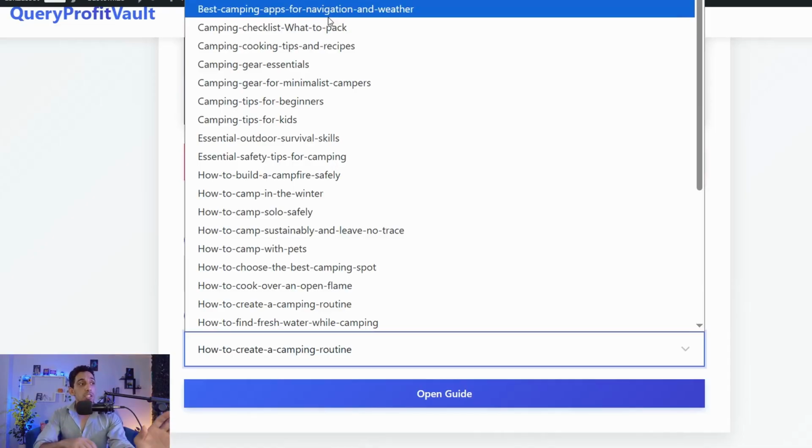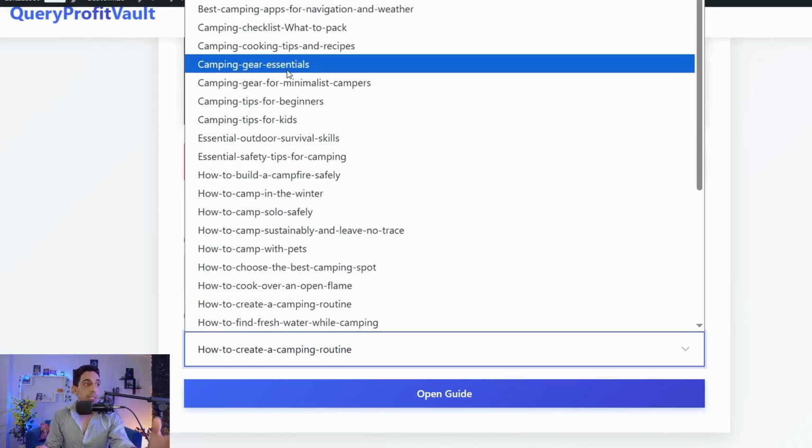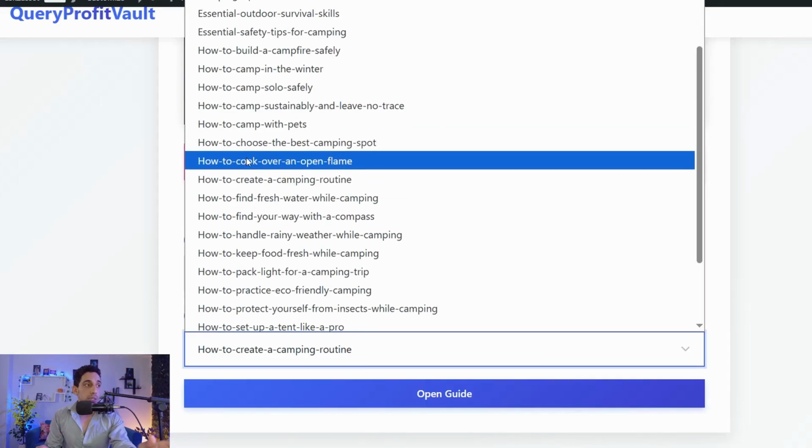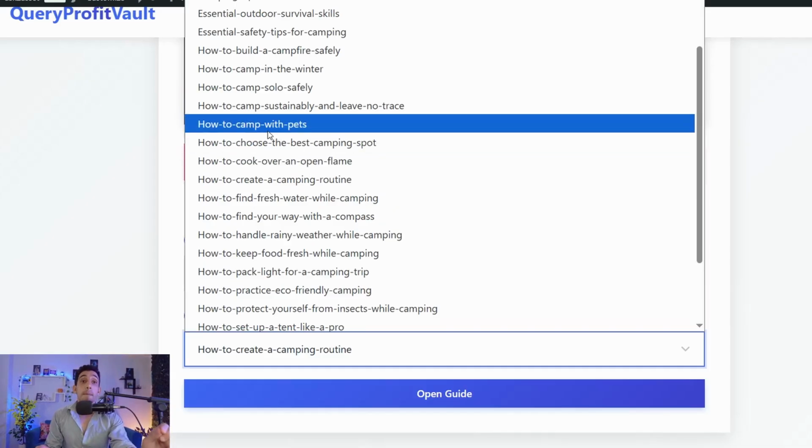So here you can put your hand on specific trending topics, so you can focus on how to create your own content, or in our case, your profitable ebook. So for example, let's make your ebook about how to camp with pets. For sure, it's an outstanding topic that doesn't come to mind easily, so you can make an ebook with low competition that sells very well.